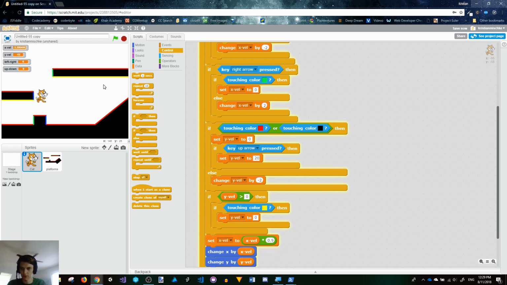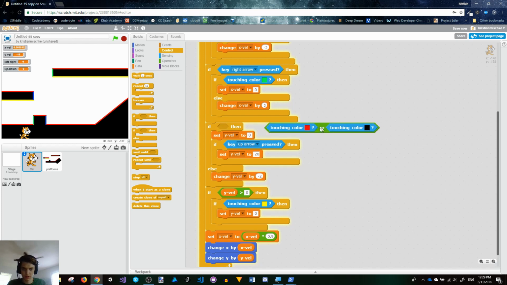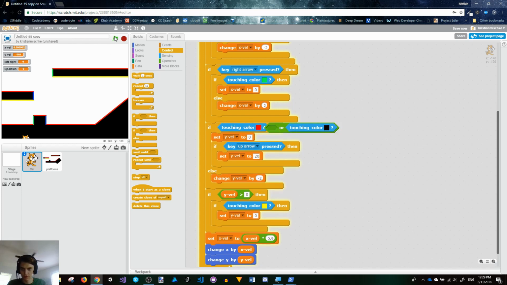Let's get under here. Okay, so he didn't fall because he's touching that black color. Let's just see something here. If we remove that and start this over again, we might need to fix something, of course. Okay, so he hits his head. He can't go through the yellow. Awesome. Now we've created our platformer, and he can go through here, but then